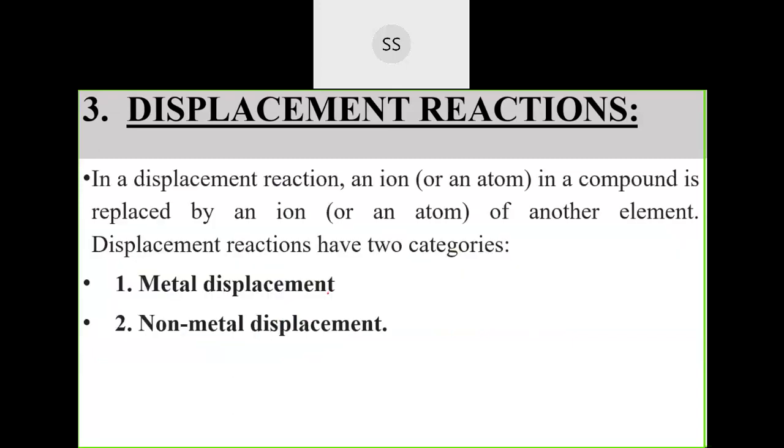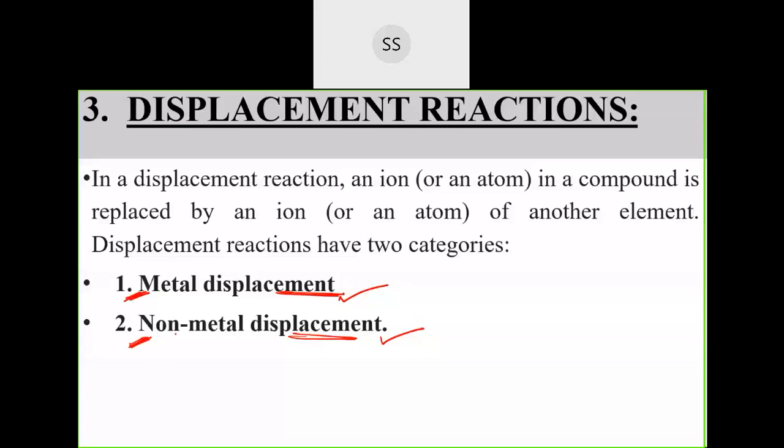Now you know displacement can happen in two ways. There are two categories of displacement reaction: one is metal displacement and the other is non-metal displacement. Whatever examples you are giving are all correct. If I take sodium and make it react with magnesium chloride, you will get sodium chloride and magnesium. Yes, correct, and copper solution also, if you take copper and iron. I will discuss that in detail. First is metal displacement and the second category is non-metal displacement.